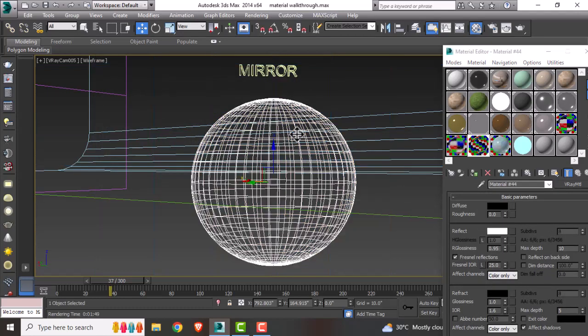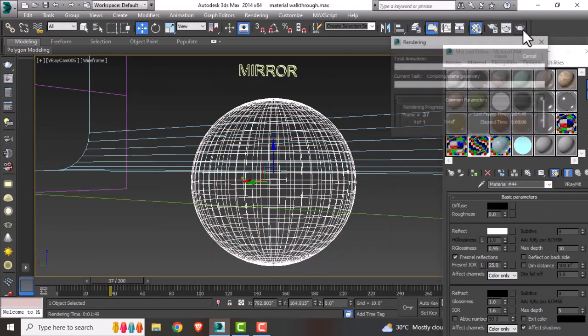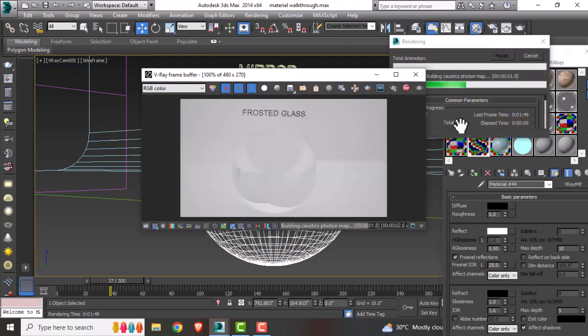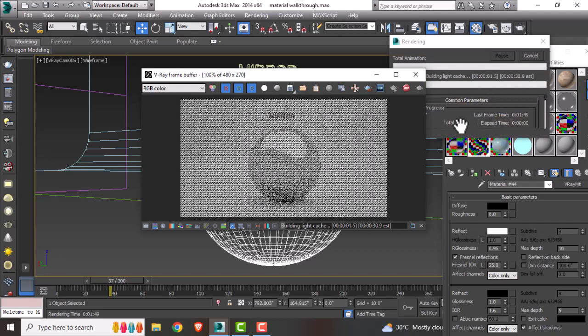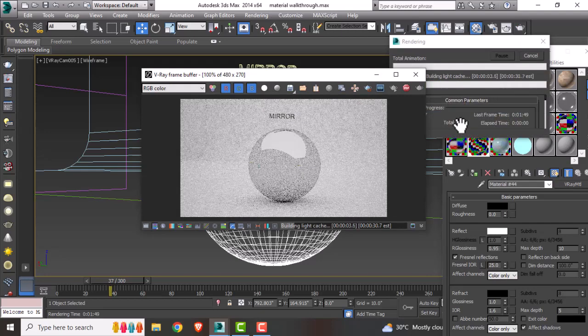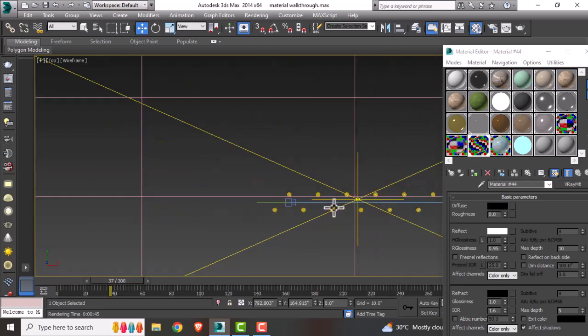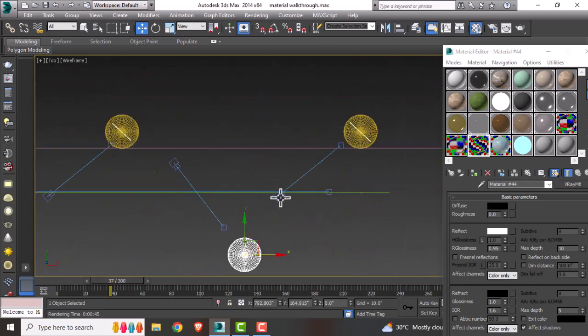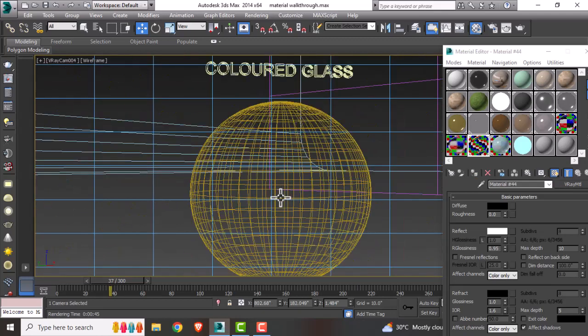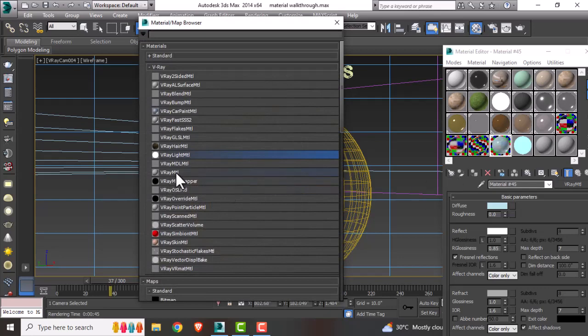So select your material and assign this one and click on show material, click on the rendering to check the final render effect. After the rendering, you can see the mirror effect. Then move to the next and last one. It is color glass. For the color glass, select the slot, go to the get material, select V-Ray material,